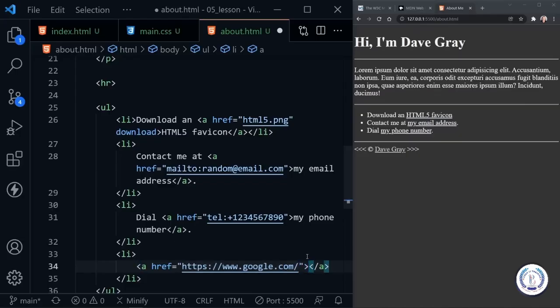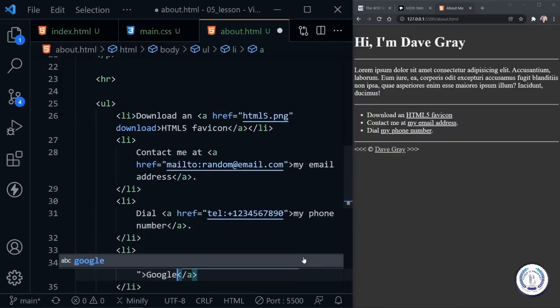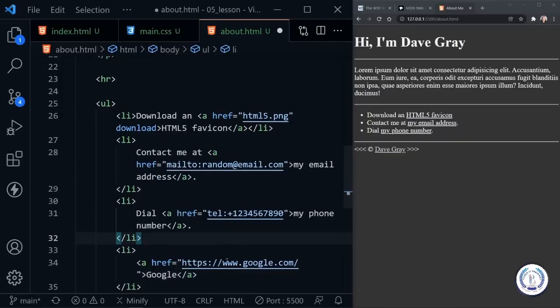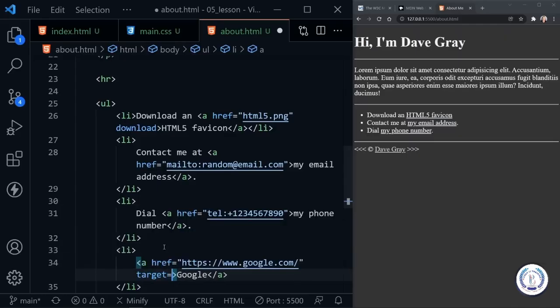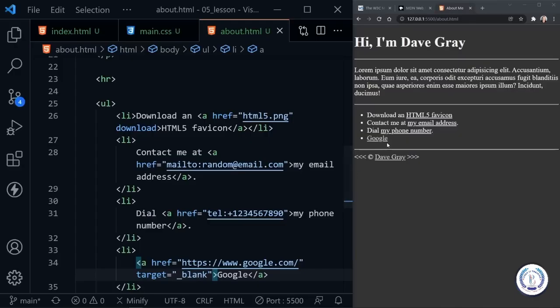But the attribute, oh, and I haven't really put in any text. Let's go ahead and just put Google because we're not really adding any extra context to this. So the attribute that we need to consider that we haven't used yet is target. And what I want to do is have this open in a new tab. So I'm going to use quotes, then you put underscore blank and save, and now we have a link to